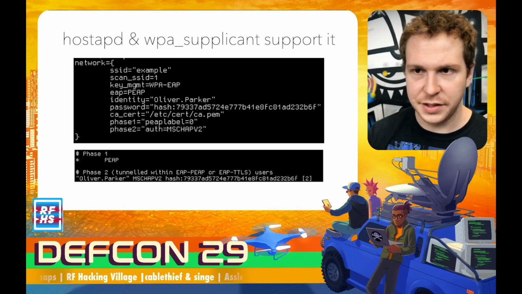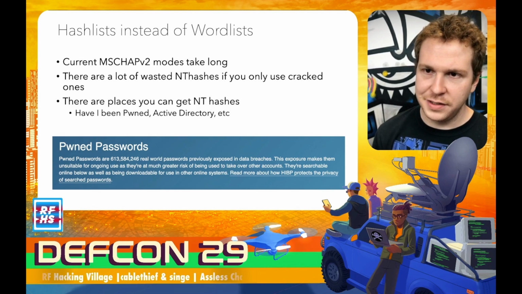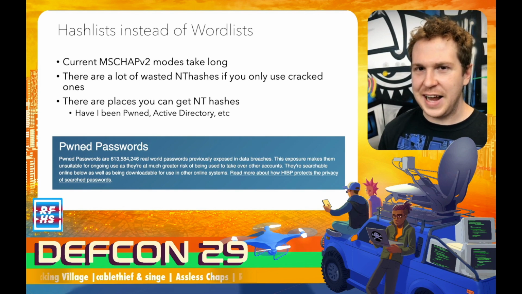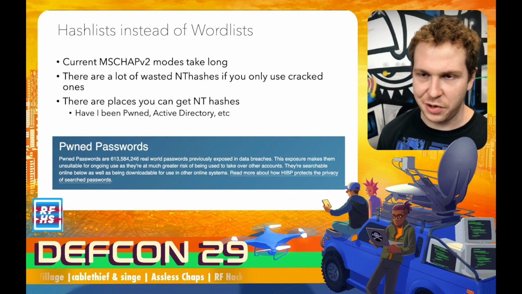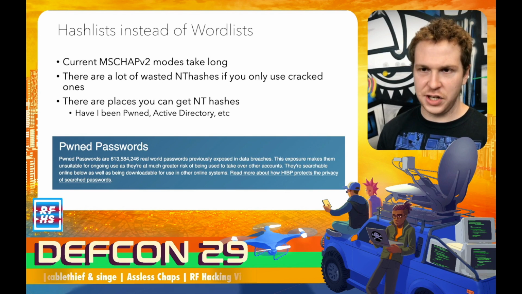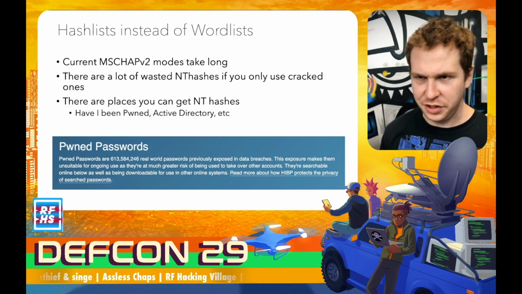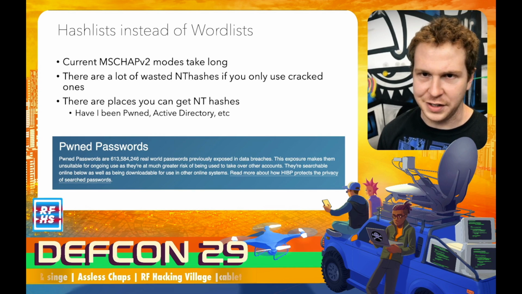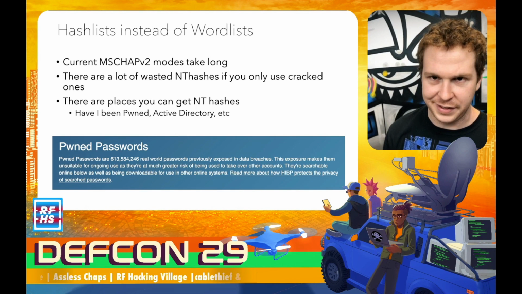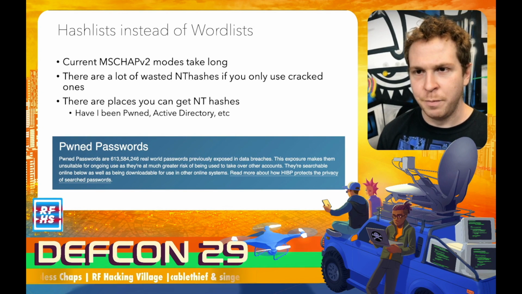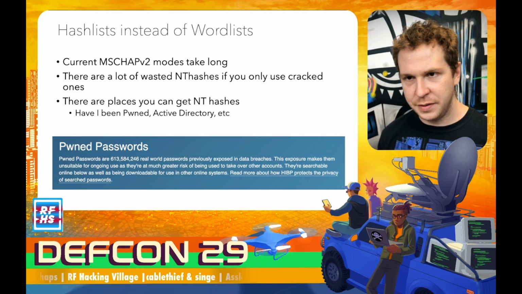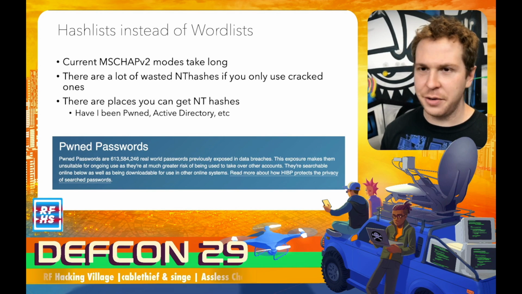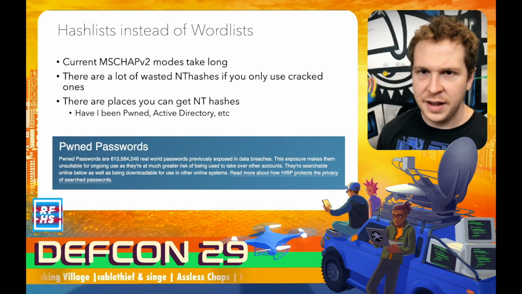So this is very nice. What this also means is we can use things like hash lists instead of word lists to crack these things, because essentially what you're doing when you're recreating this action is you're just skipping the first step of turning it into an empty hash. Instead, you're just plugging in the empty hash directly. So when you crack against words, you're generating rules and all sorts of things. And since it's sort of naturally salted, it can take quite a while,